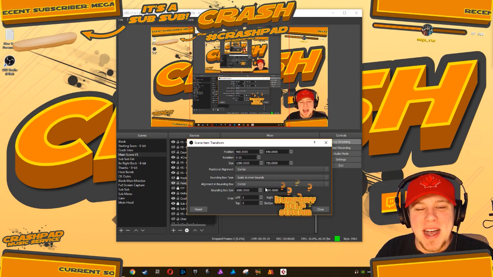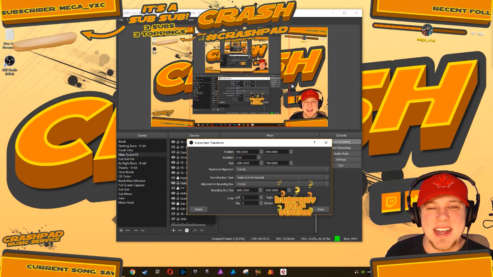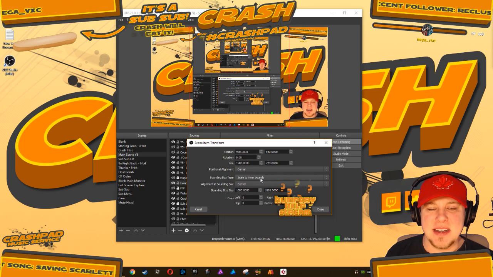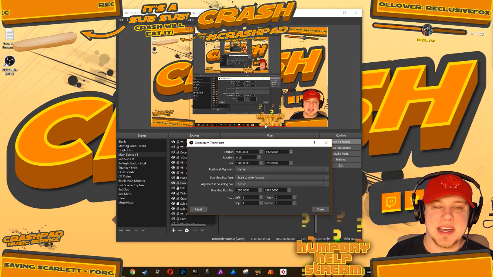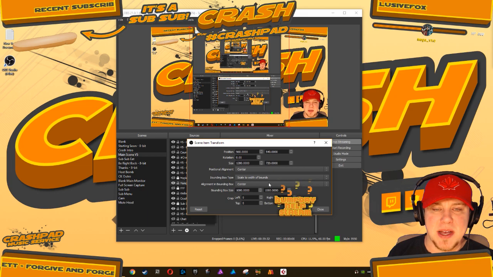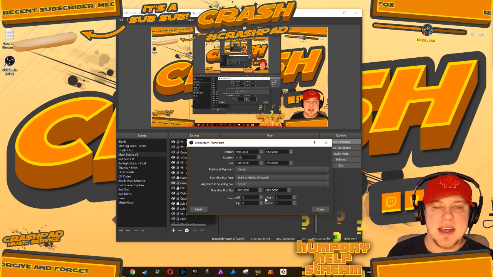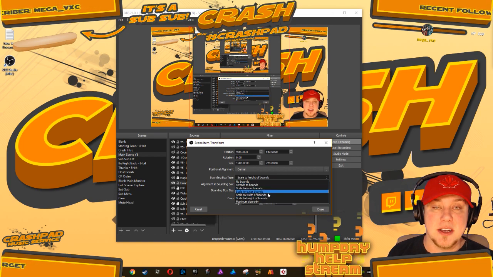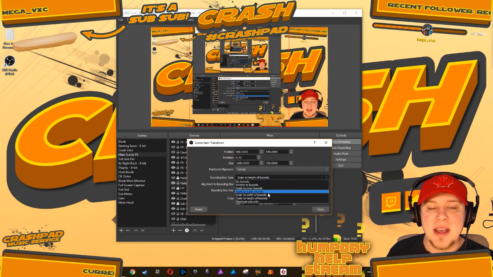So scale to inner bounds is going to take the biggest side of your image and fit it inside. Scale to outer bounds is going to take the largest side, scale it the other way. You can mess around a little bit. Scale the width of bounds, scale the height of bounds, and that can override. In this case, it didn't matter. It was the same thing as going inner bounds, outer bounds, but if it's rotated one way, it'll do that,